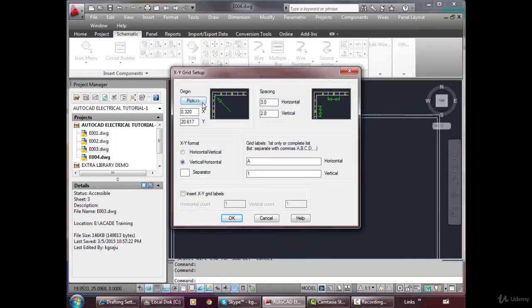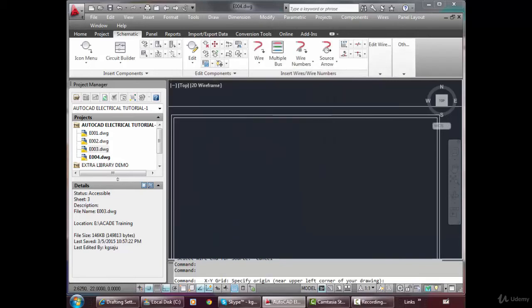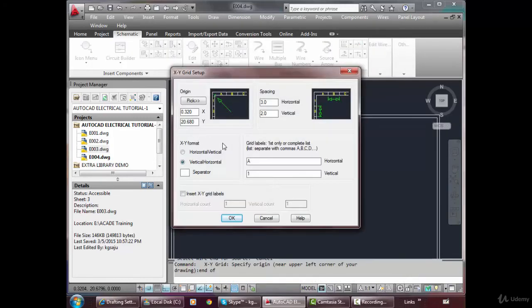First you have to pick a point. Either you can enter, if you know the exact location, you can write down the coordinates, or you can straight away go and pick end of, I'm going to pick this line, okay.